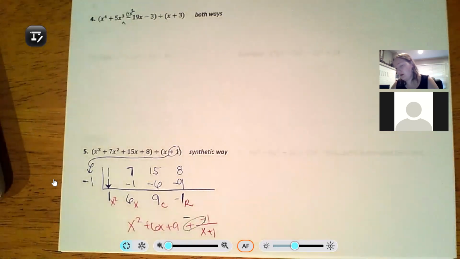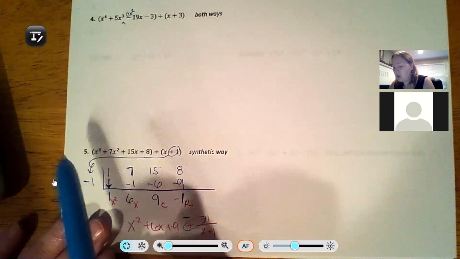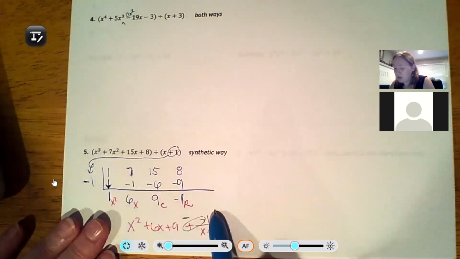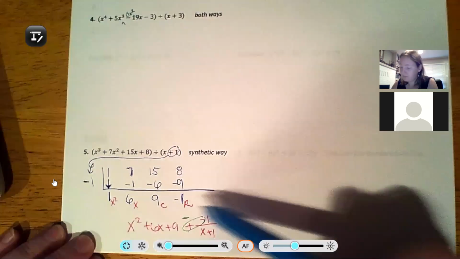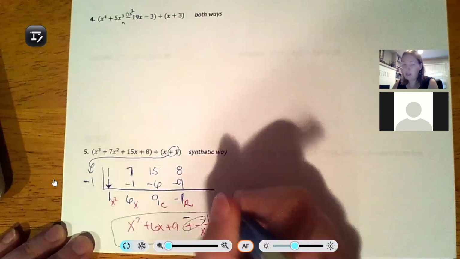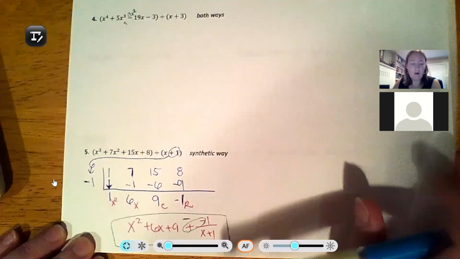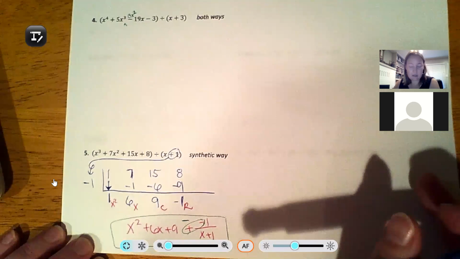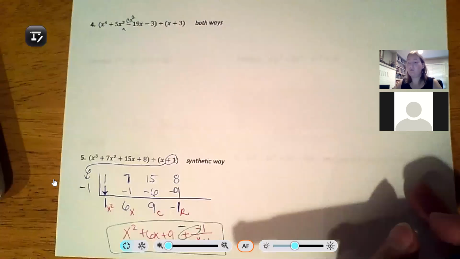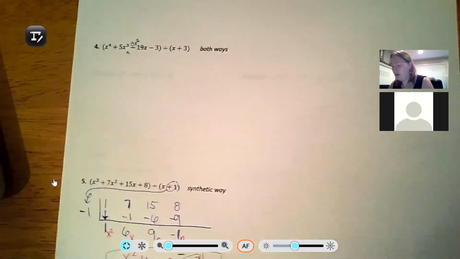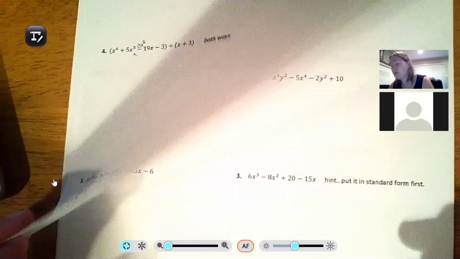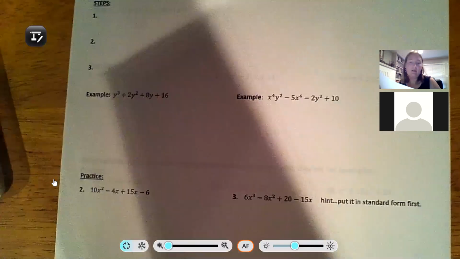But it's up to you if you want to do 1 less and work your way down, or start at remainder and work your way up. Good job. Okay, and there's more examples online as well, in the module and on YouTube and things like that. So that is